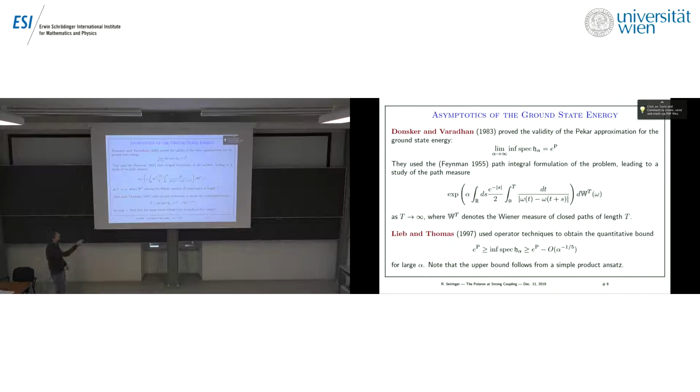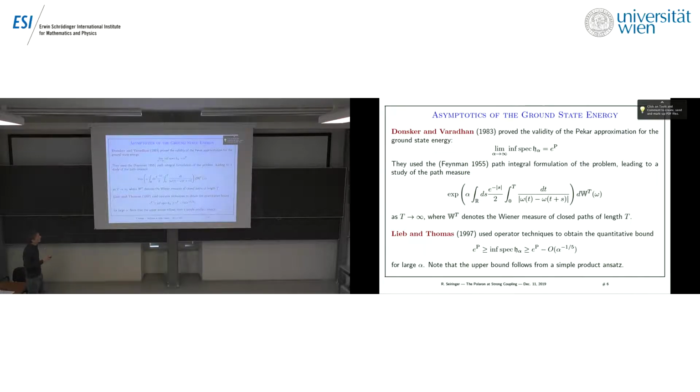So by proof, I mean that you actually look at the actual ground state energy of the Fröhlich Hamiltonian, but appropriately rescaled, there's this alpha squared factor which I pulled out. And then as in the strong coupling limit, indeed, you get what is predicted by the classical theory, the Pekar approximation. Right, so they proved this in the 80s. Actually, they proved this using Feynman's path integral formulation of the problem, which will not play any role here in